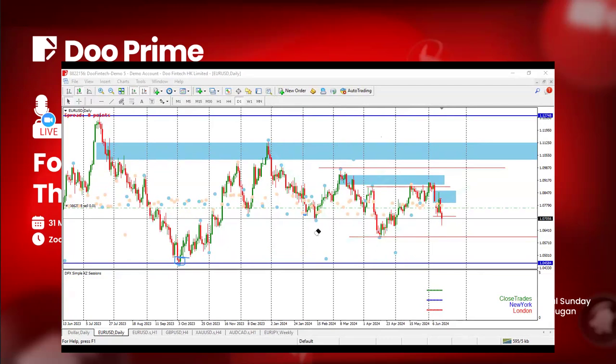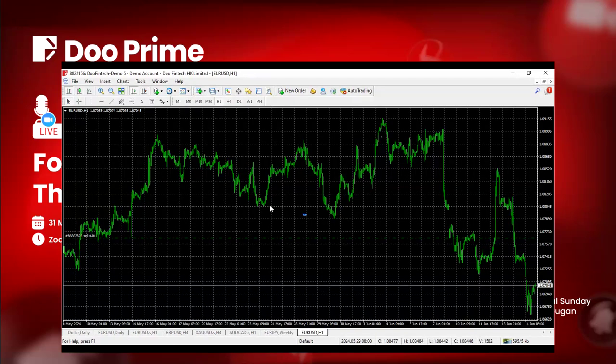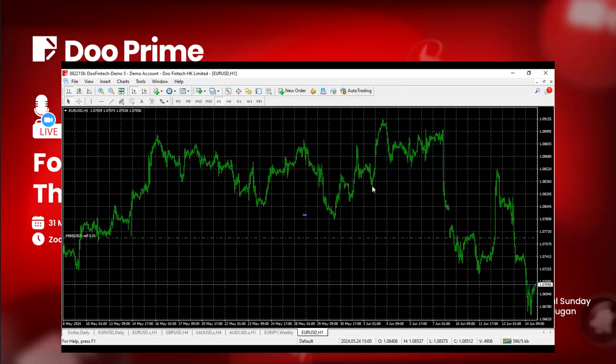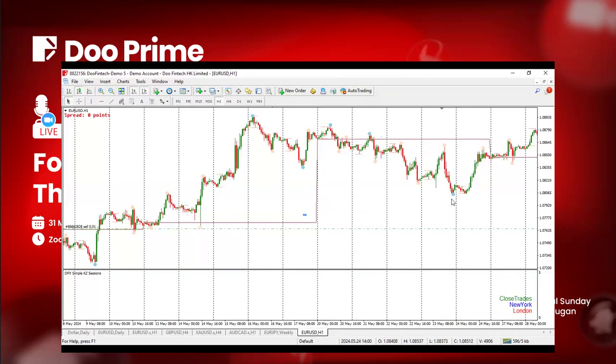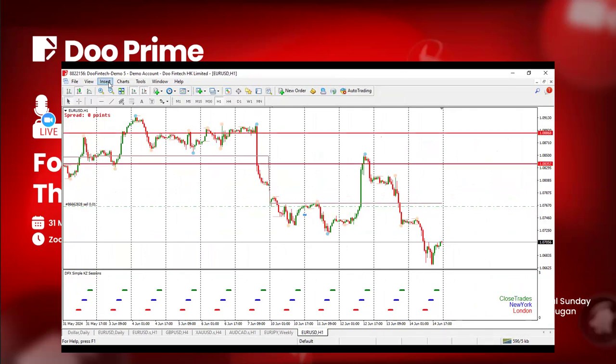Now, I'll show you something that happened here. I think it's still on this Euro USD. That didn't make me take the trade in the first place. I even entered the trade late because I was expecting something and it didn't happen. It was a form of liquidity, I think on the 1 hour. I didn't take it here. I was expecting, yes, obviously I was expecting a turn around here. This was where I was expecting. I was supposed to enter from this point here because this was what I was expecting.